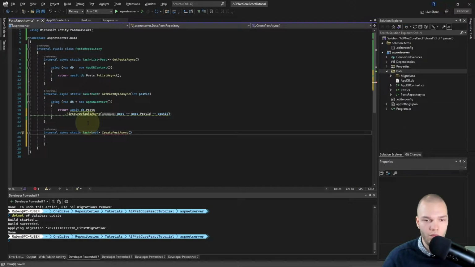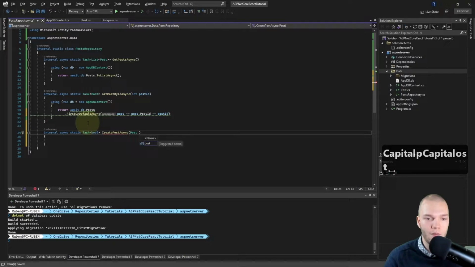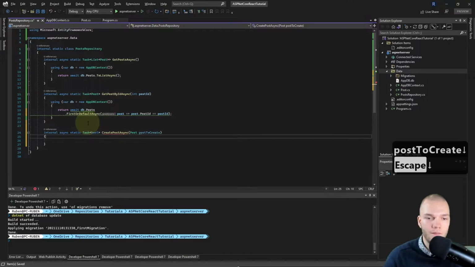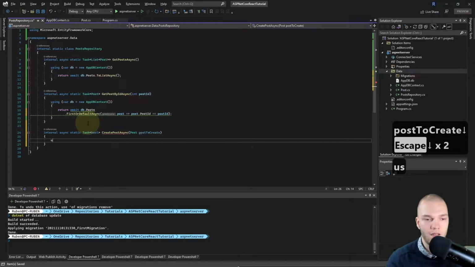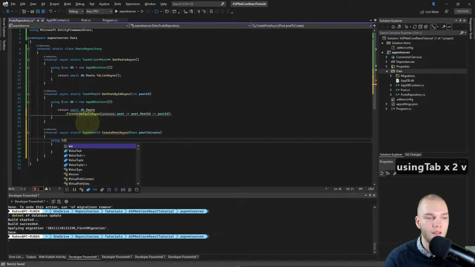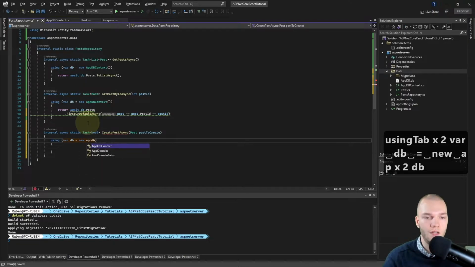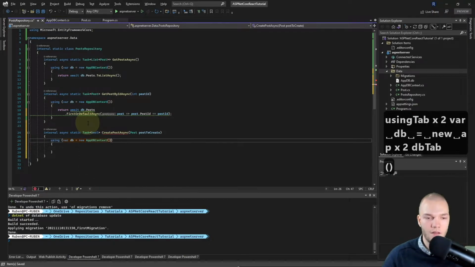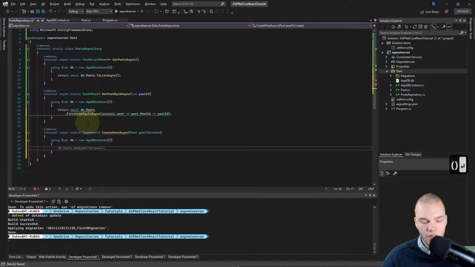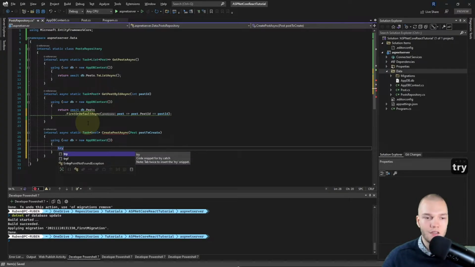And I want to take a parameter of type Post and I'll just call that postToCreate. Alright, and again I'll do a using statement and then var db equals a new AppDbContext. And I want to do a try catch block.